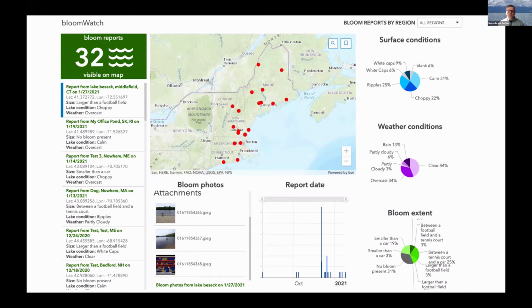Having a bunch of points on a map, like in citsci.org or a Google map, it's okay, but then how do you ask questions of it? How do you start selectively filtering and looking for patterns? If you have other information about those blooms potentially, how do you bring that in and start to look at it? And while I do realize that there are very specific statistical techniques, and this falls short of that,